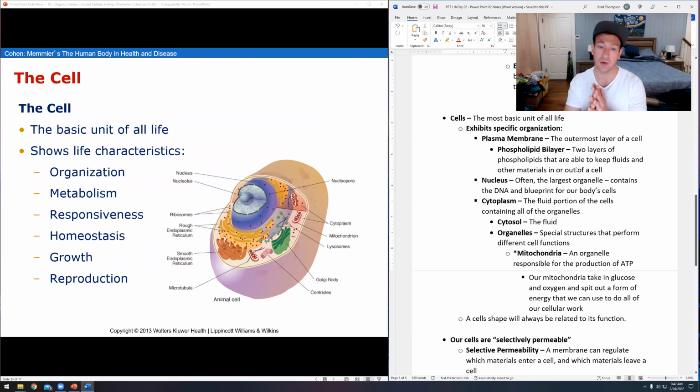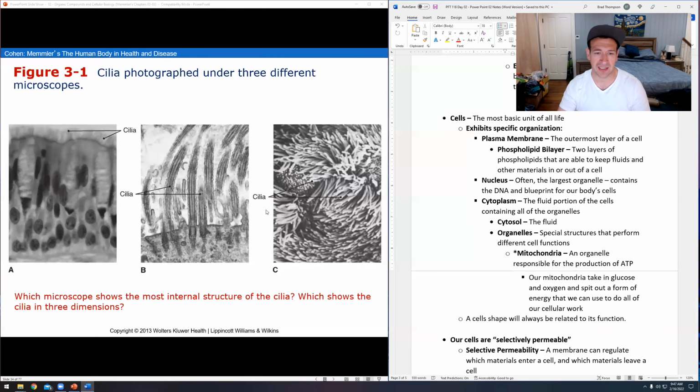The cell, right? So we had all these chemicals. The chemicals came together to make up stuff, and all the stuff comes together to make up cells, right? So cells are the basic unit that we use to assemble, eventually, a group of cells, you end up with a tissue, you get a bunch of tissue, you get an organ, you get a bunch of organs, boom, you got a person, you know? So let's really quickly take a look at what the outside of a cell is going to look like.